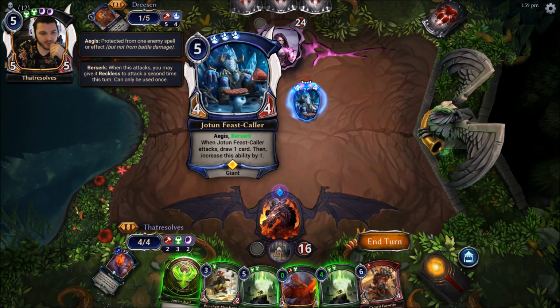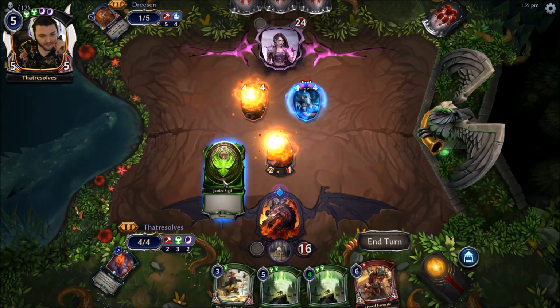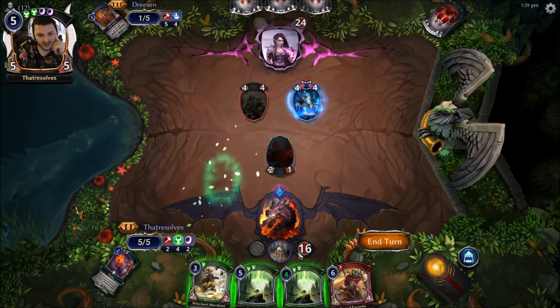Okay, well, Berserk Feast Caller is not quite what the Doctor ordered. So I suppose we're going to play a bunch of boys here. None of them can block though. Yushkov does have text. Okay, well, we could have had a 2-1 in play, but our opponent is just going to draw a million cards, so...